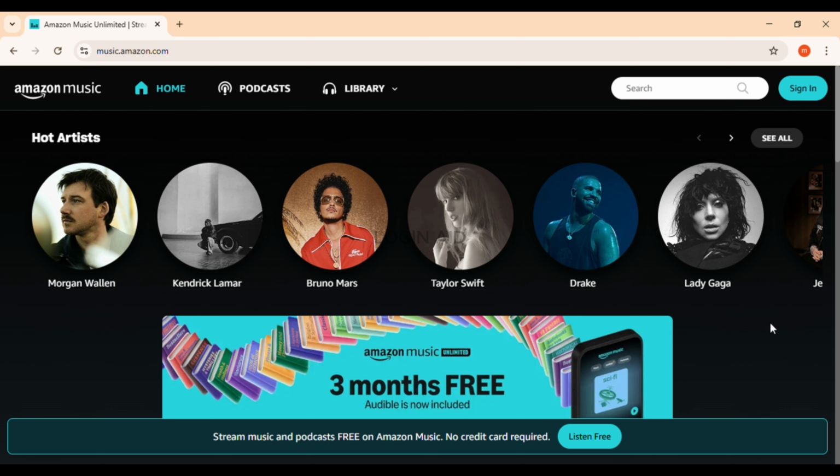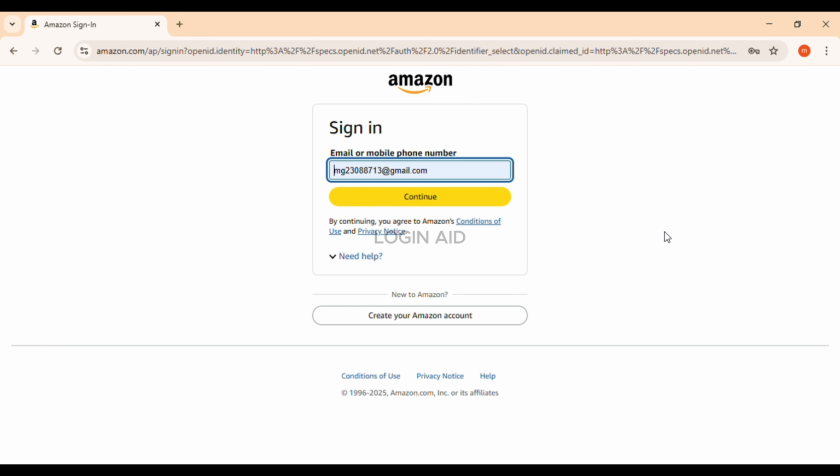So if you want to sign in to your account, right over here you'll be able to find the option for sign in. All you have to do is click on it. Now you can see over here you'll be led to the sign in interface of Amazon. So in order to sign in to your Amazon Music, what you have to do is enter the credentials of